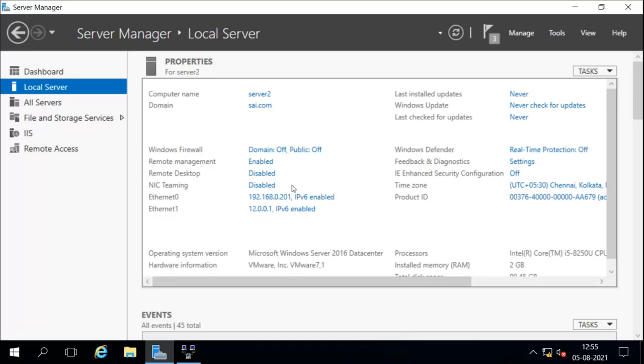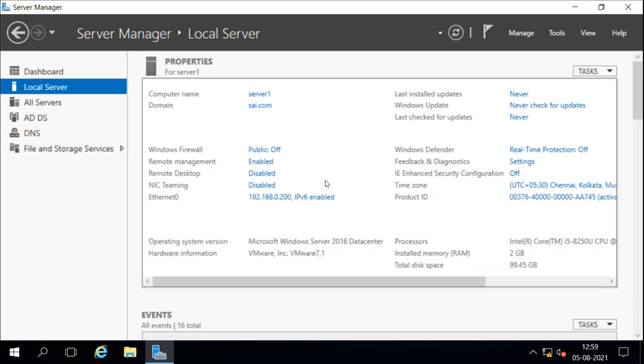This is our server 2, which has two interfaces. One interface is on the 192.168.0.0 network, which is connected to our domain controller, our internal network we can say, and the other interface has the IP address of 12.0.0, which is our external network we can assume. We have server 1 here, which is our domain controller, under the 192.168.0.0 network, and it is connected to server 2 through this network from one interface.